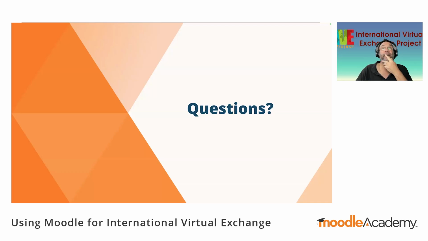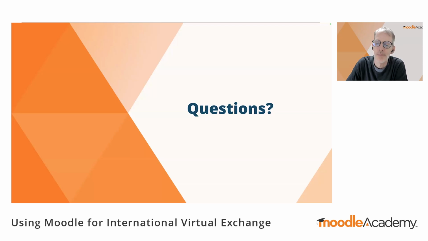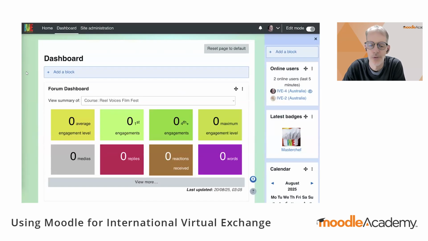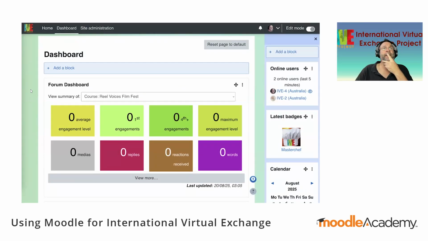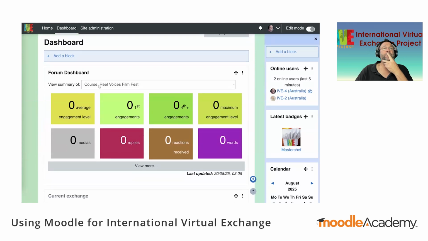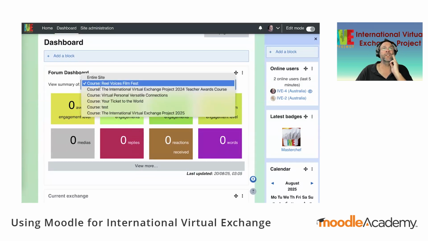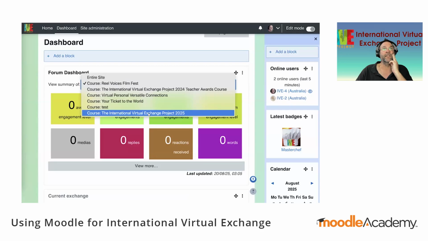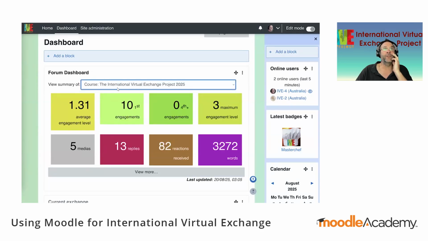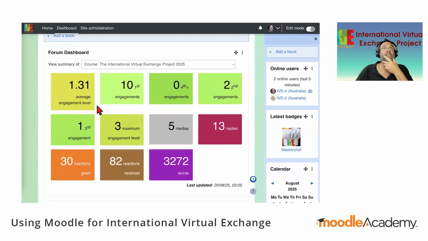Yes. I'll just show it now. You find that very interesting as a measurement of participation in a forum. That's a little deeper than did you just make a post or a reply? Yeah. So here it is here. And most students are only in the one course, but I'm in multiple courses. That's why it's showing up here. But if you choose this one, so average engagement level, yeah. We'll open it all the way up.